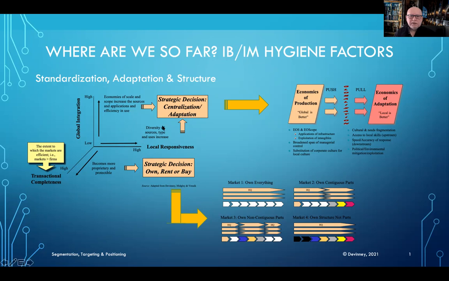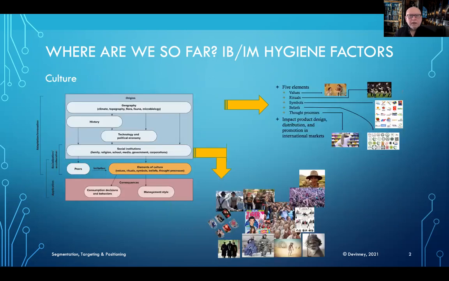And to some degree, these last bits and pieces capture a lot of what you see in things like internalization theory and transaction cost economics. And then we talked a bit about culture, and there really was quite a lot there, and we'll come back to this again and again and again. But sort of the underlying what makes up culture,